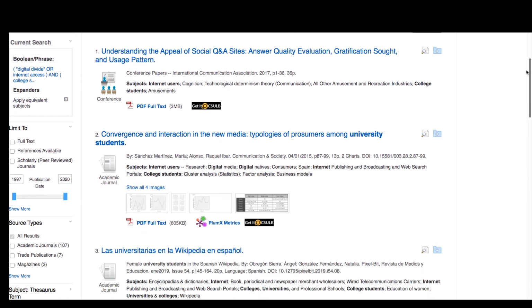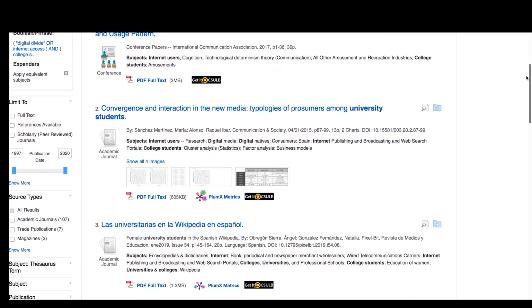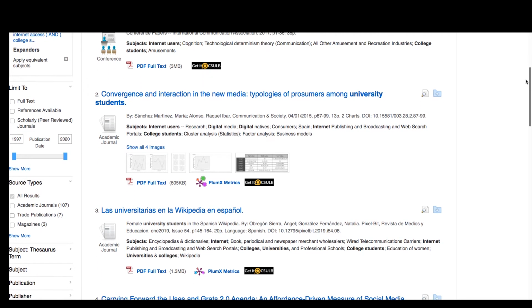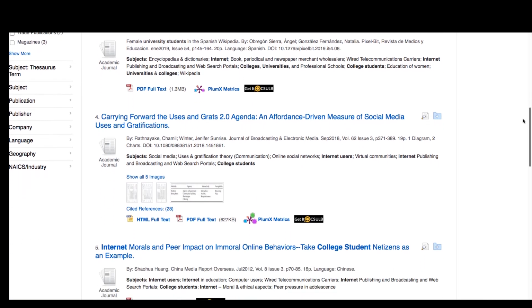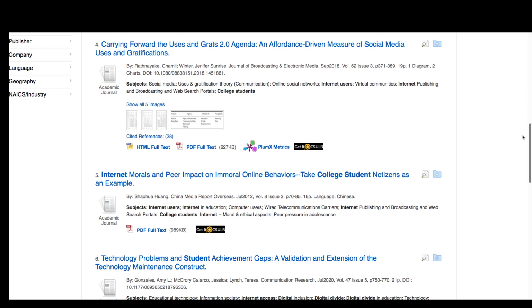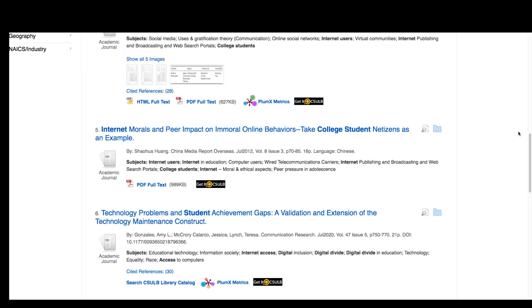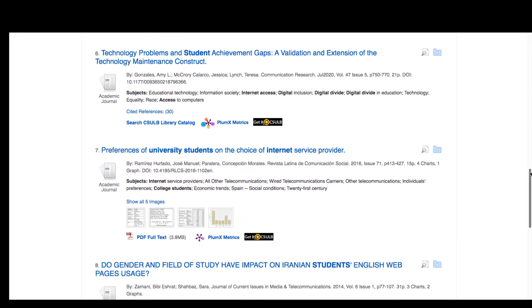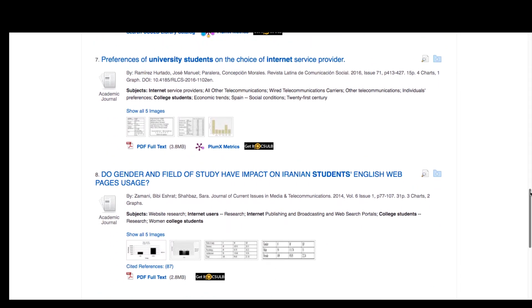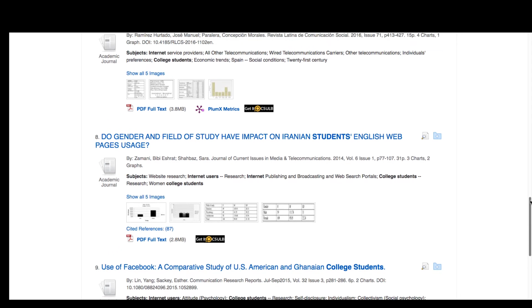So let's take a quick look through before we do any filtering. Internet morals and peer impact, probably not. Technology problems and student achievement gaps. There might be something, and that's a very recent study. Preferences in the choice of internet service provider,